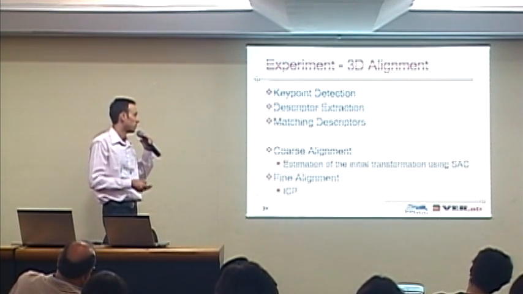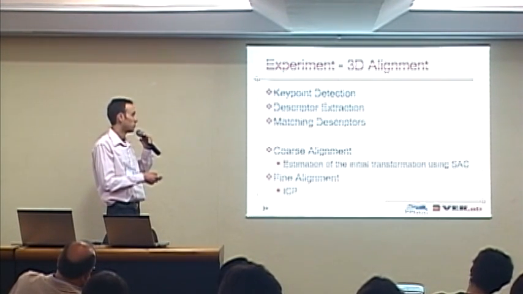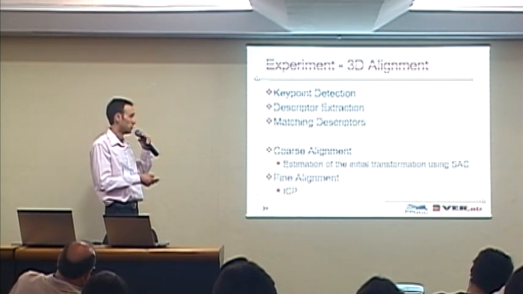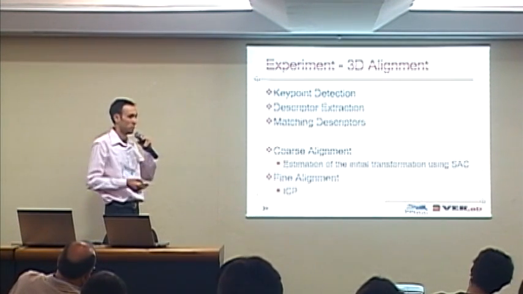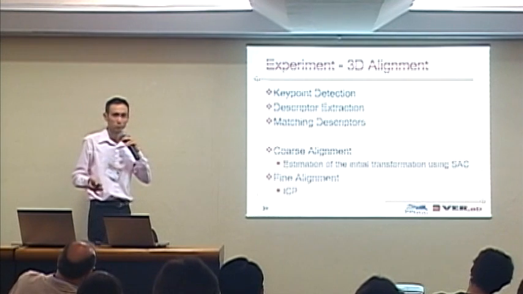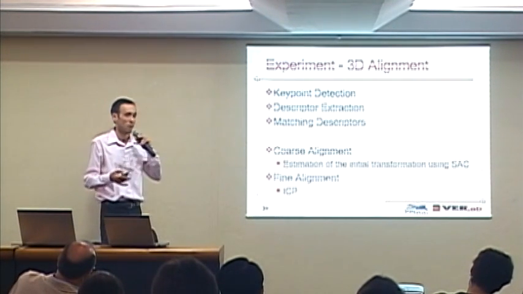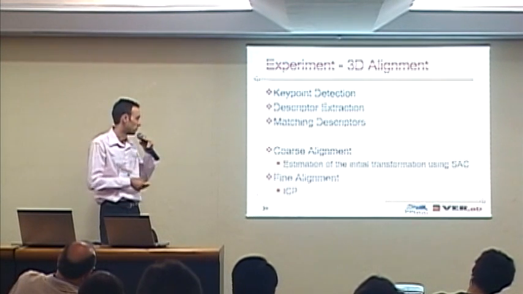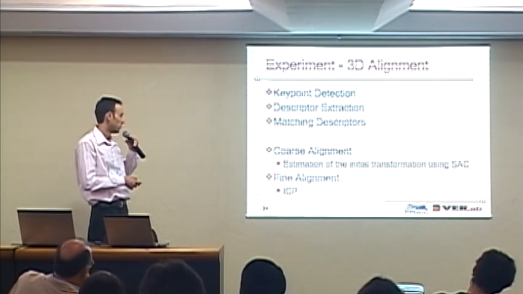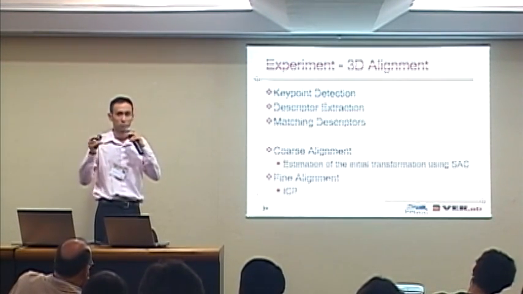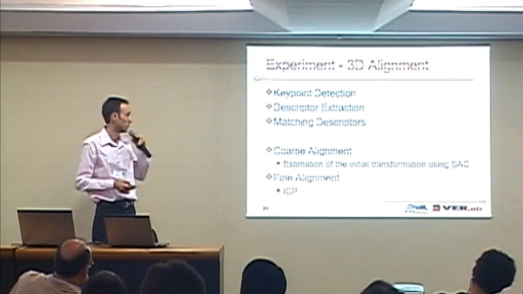These correspondence pairs are used in the coarse alignment to estimate the initial transformation. In this step, we use a sample consensus approach to reduce the number of outliers and increase the quality of the initial estimation. Then, finally, we use an ICP variant to refine the initial transformation